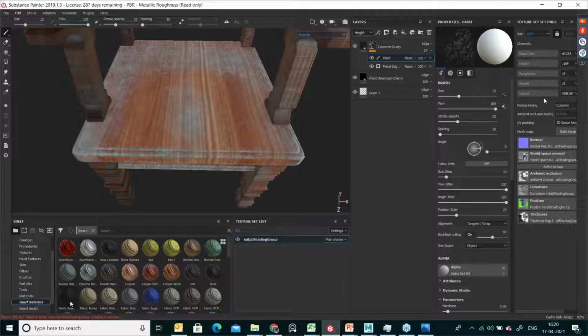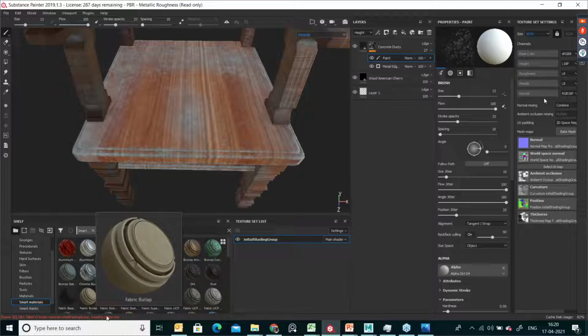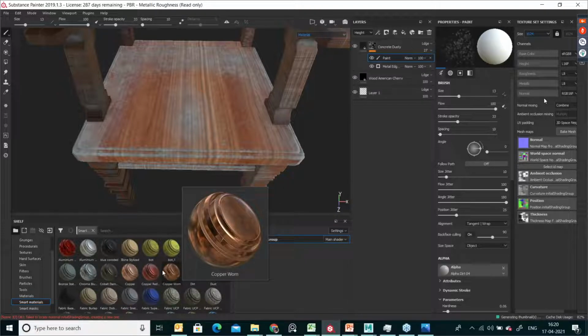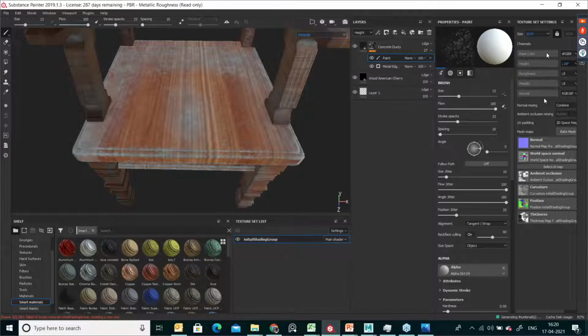But when it comes to smart, it's a combination of textures. It may come with dirt, it may come with paint, all these things together are present in the smart material. That is the reason it's called smart material. Okay, then I think I answered this question. We'll take another last two.